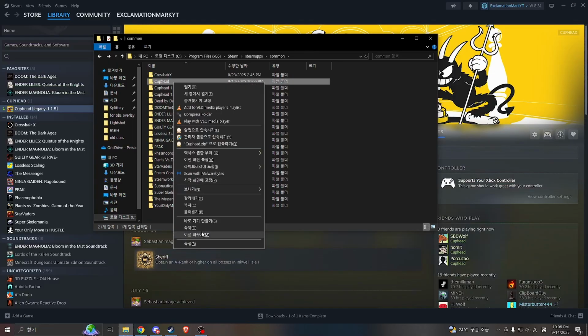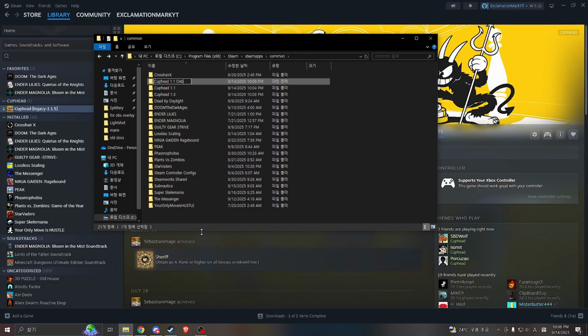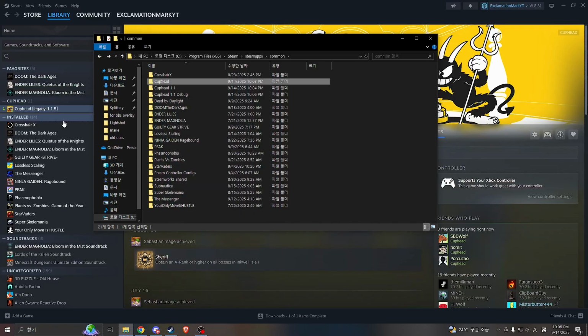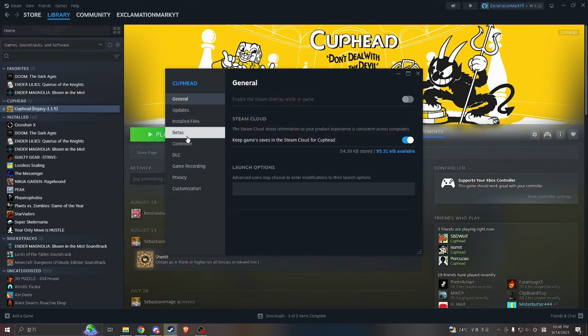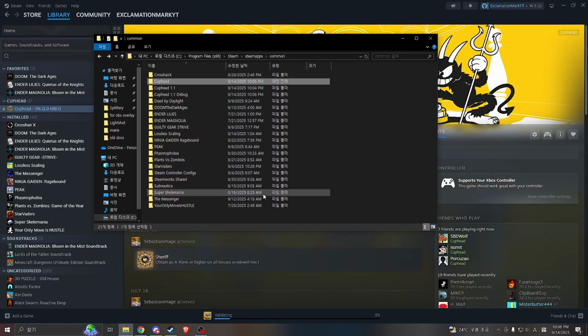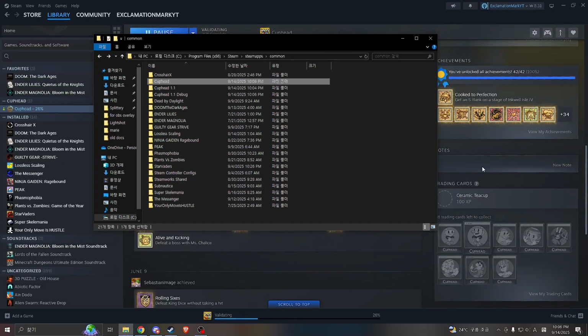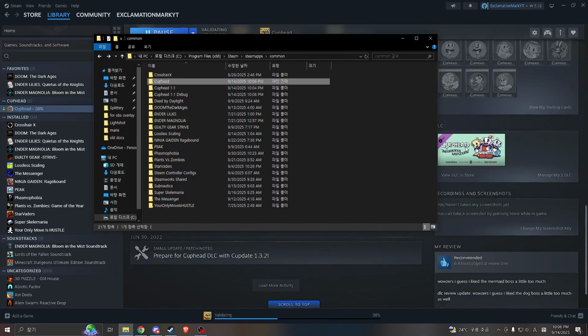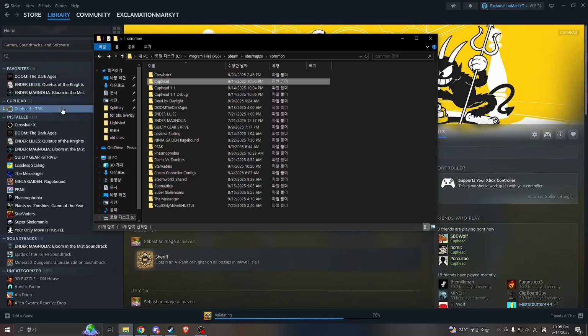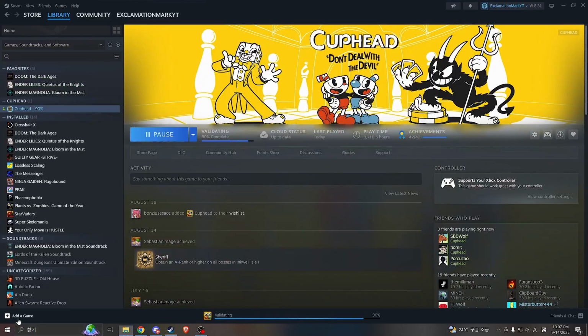I can rename this to 1.1 debug, and be sure to rename 1.3 back to normal Cuphead, and set the properties back to none, because 1.3 does not like this method because it is a DLC. This DLC messes with the steam app ID thing, so it won't actually work. So you have to launch 1.3 normally through Steam, but 1.1 and 1.1 debug, you can just add a non-Steam game,